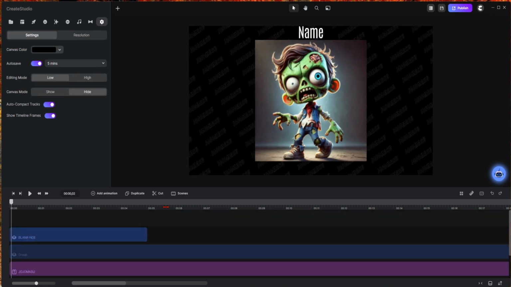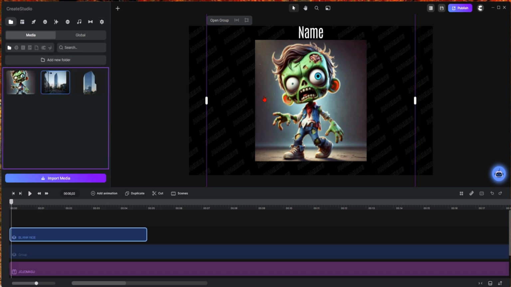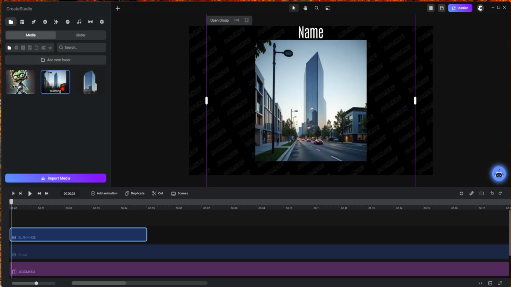And then what happens is you can take this. I happen to put it inside of one other group just so I could name it blank NGE. You don't have to. I like to do it this way. But then once I have that set up, it's easy to just take this and replicate it as many times as you need it. And like I showed you in the last video, all you have to do is come up here and just hit replace, and you can pick another image to put in here. You know, if I took this one, that would work, because these two are both squares and the same size,